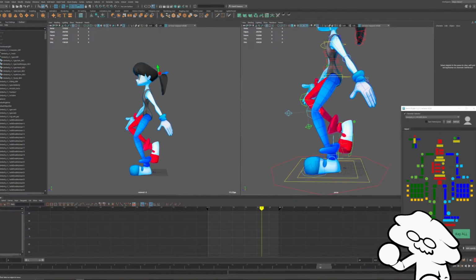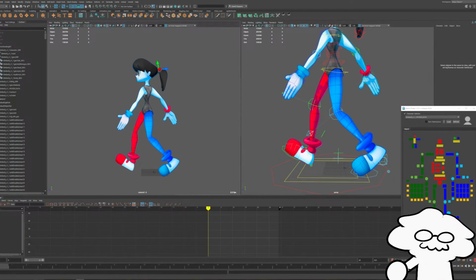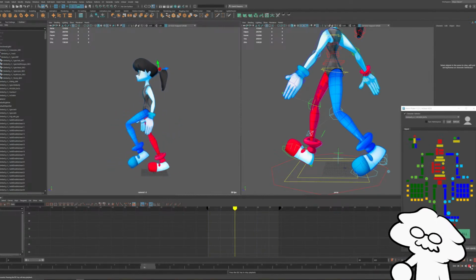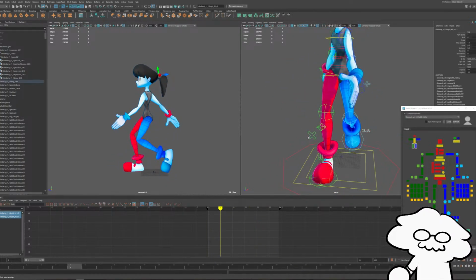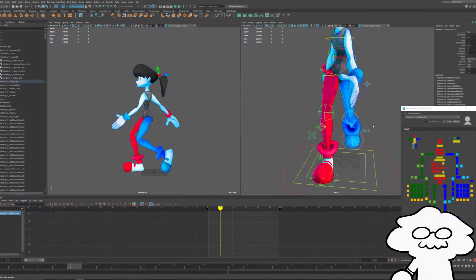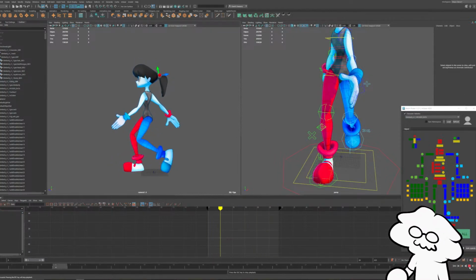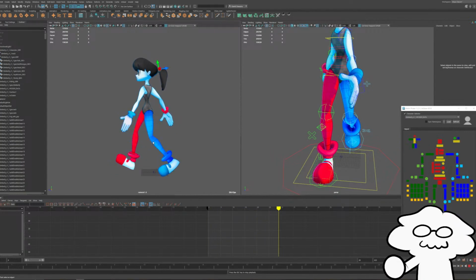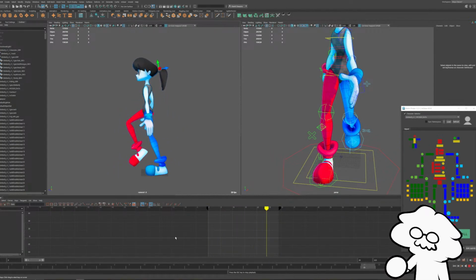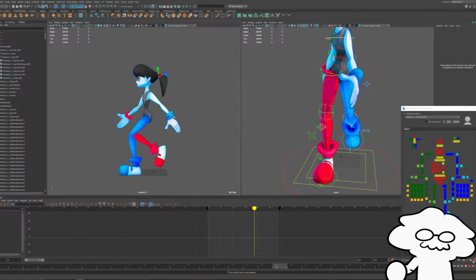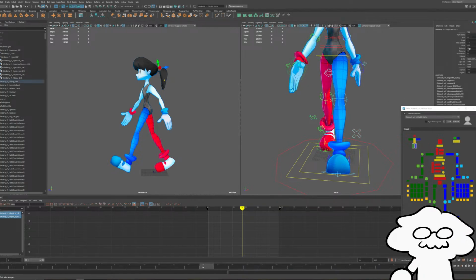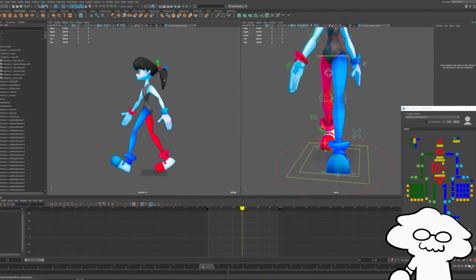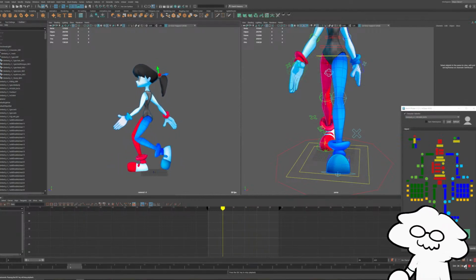So just to demonstrate, right now the IK softness is on. So that's what it looks like with the IK softness on. And then let's turn it off just so you can see what it looks like off. So it should be off for both legs, and this is what it looks like when it's off. You can see how the leg is bouncing, especially the blue leg, the front leg. That's what that fixes. So that's IK softness off. And that's with it on. So it helps a lot.